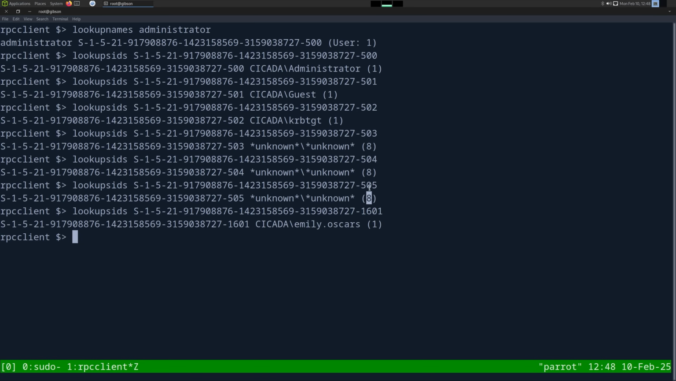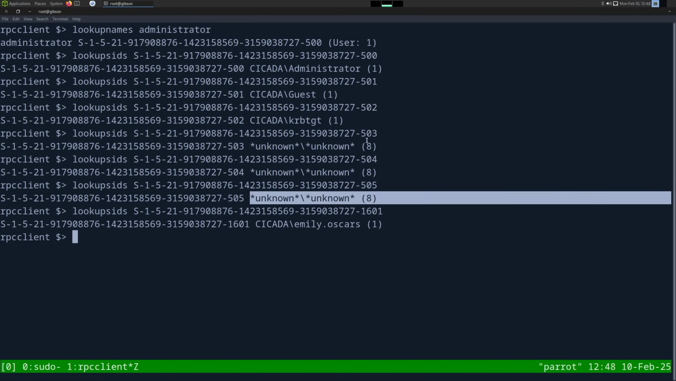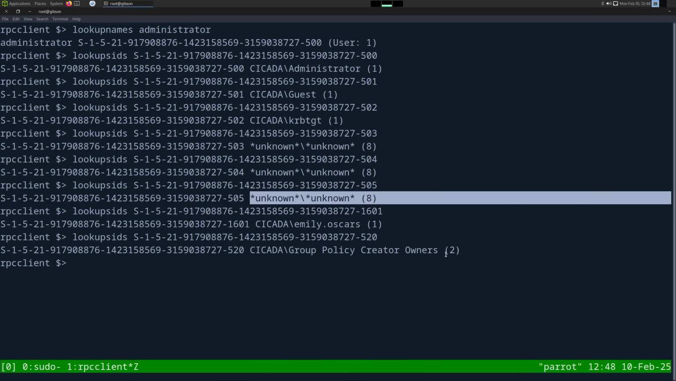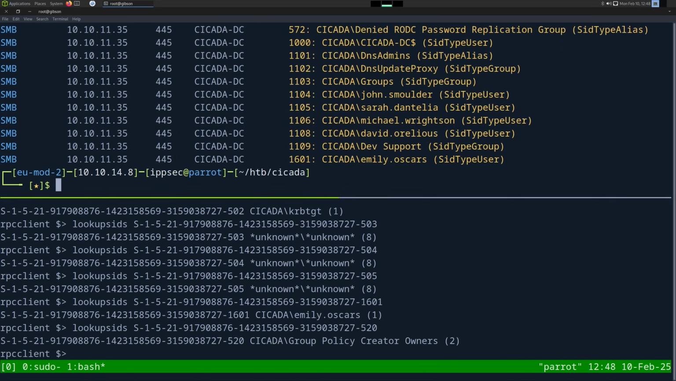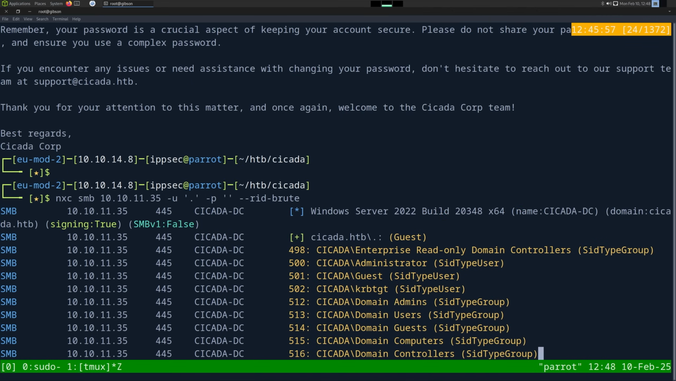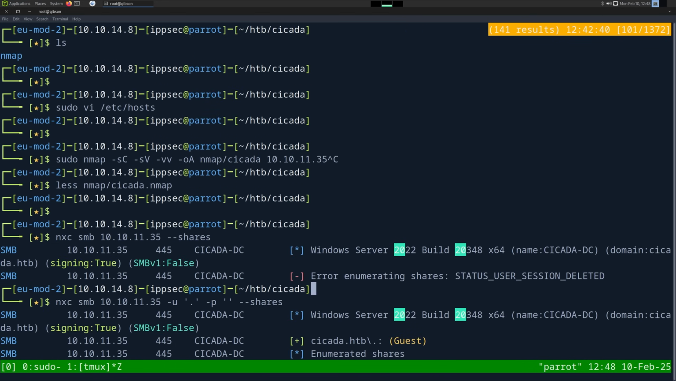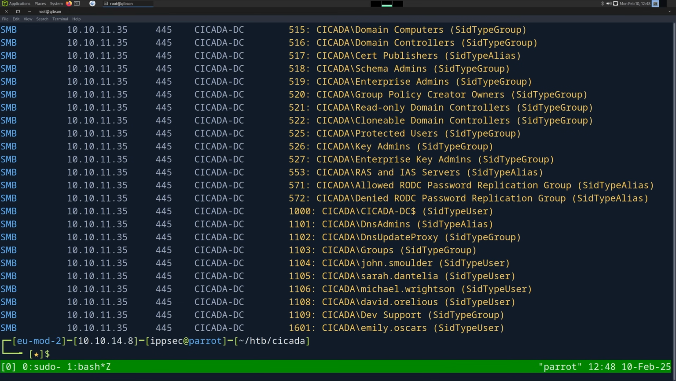I'm guessing 8 is when the account doesn't exist. 2 will probably be a group. Let's see, I think 520 is a default. There we go, we see Group Policy Creator Owners is set for 2. And if we look up here, where is that? 20. Oh, it didn't even display it. So I don't know exactly what SID type 2 is, but you get the point of what we're doing with